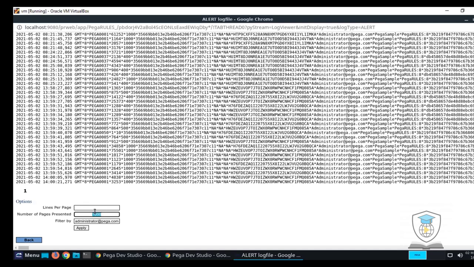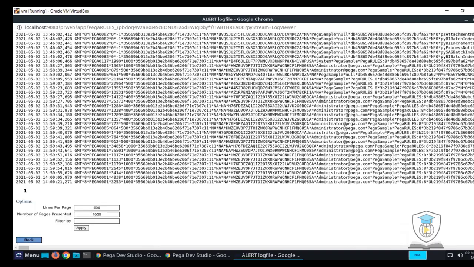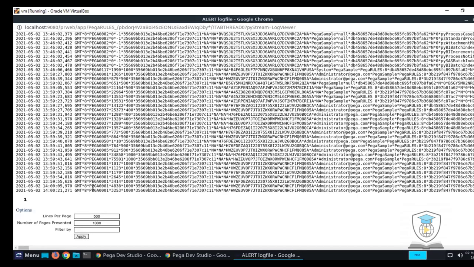The number of pages is given, and it shows you only the alerts of the user who is logged in, filtering based on who is logged in. If you remove the filter, it will show you the entire log list on one page. But still this is not readable unless you are very clear about the time and at what time it is showing you these logs. So this is one way to access it.